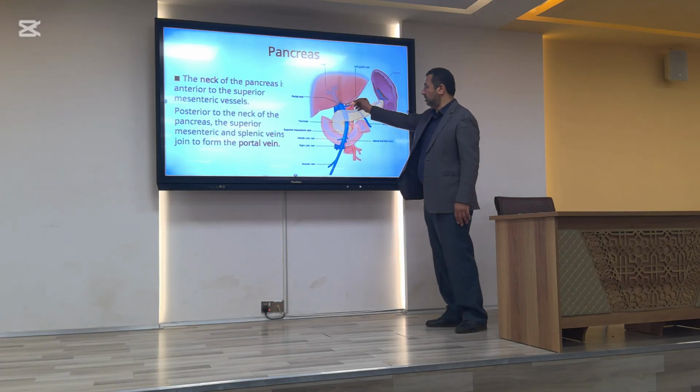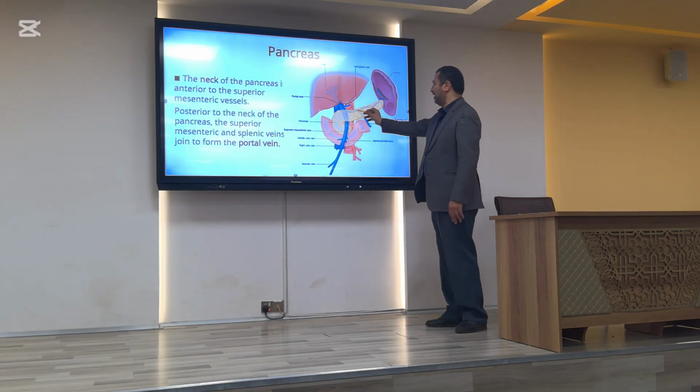You see here, this is the portal vein. This is the superior mesenteric vein, and here is the splenic vein, which join together and make